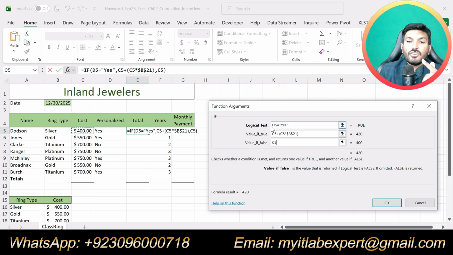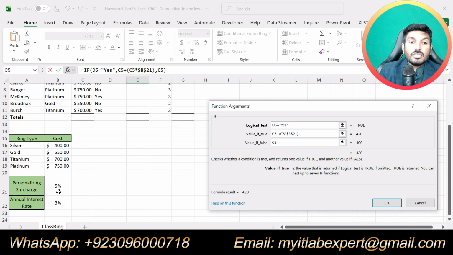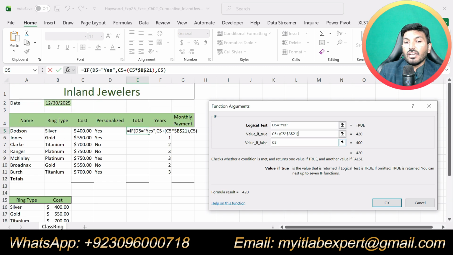So if D5 is equal to yes, if the student has chosen to personalize the ring, then the total due will be the base cost given in cell C5, and we will add to this the multiplication of the cost by the personalizing charge given in B21. Otherwise it will be equal to only the base price, that is the cost.